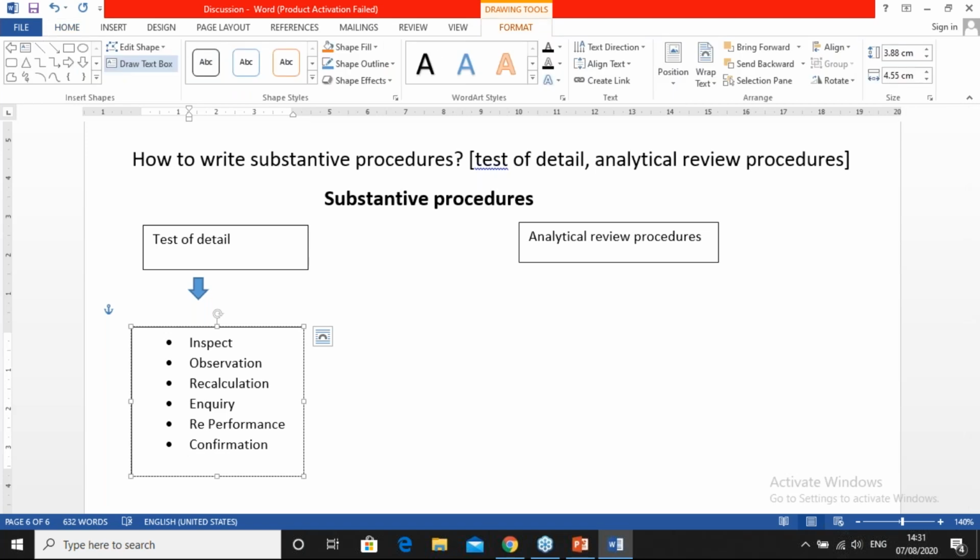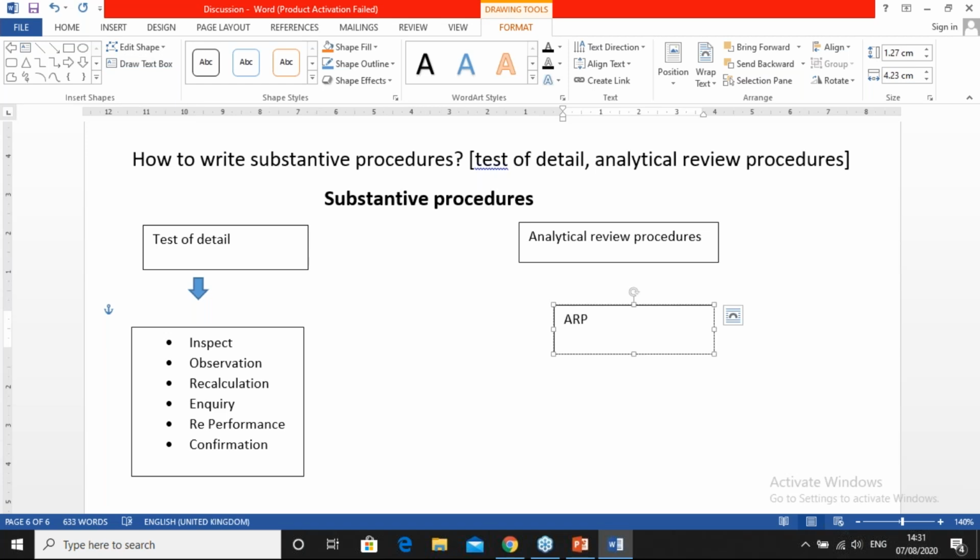we generally use ARP. Simply, I can use the term ratios, or else I can say trend, or simply comparison, or else I can say reasonableness test. So all these things we can put under this basic diagnosing problems,